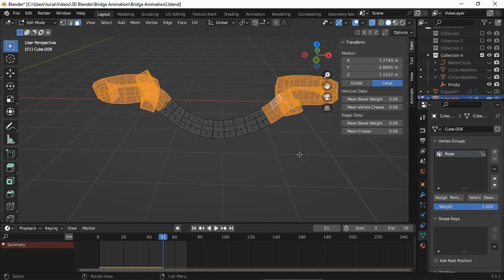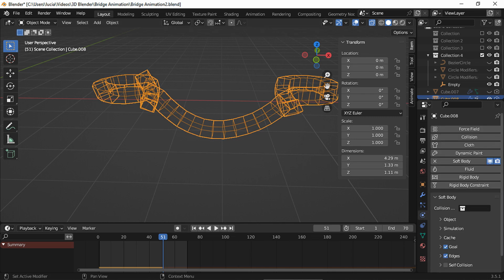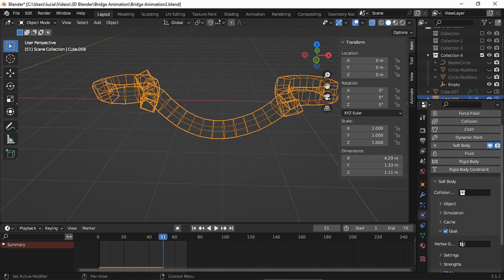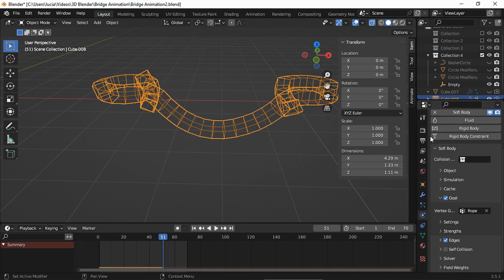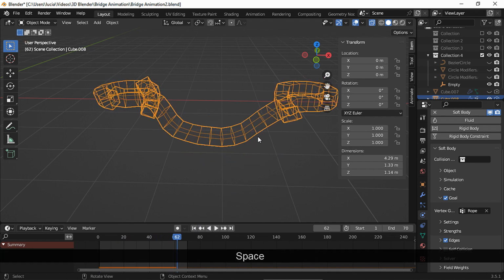Assign. And select that vertex group. Okay, it's a work in progress.